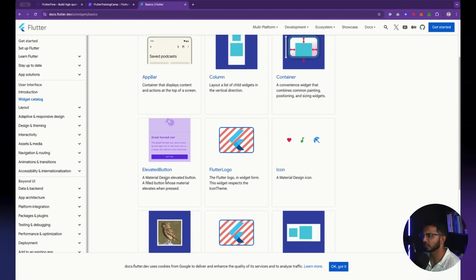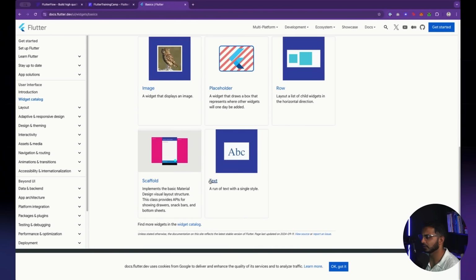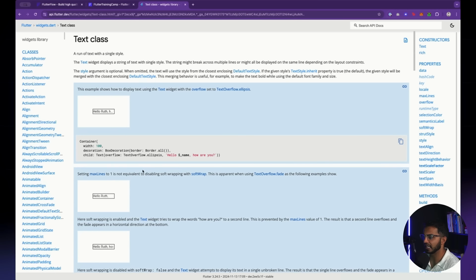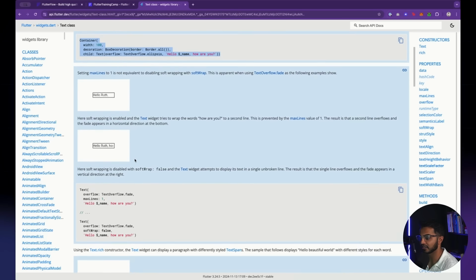So let's jump into a very basic one like text. Let's click on text, and you're going to see here how this text would be represented if you were writing the code by hand. So if you wanted just to put a little piece of text on a page, you could use this piece of code right here. And yes, it's quite a bit of code just to literally get one piece of text. So having FlutterFlow do the drag and drop is a lot nicer.